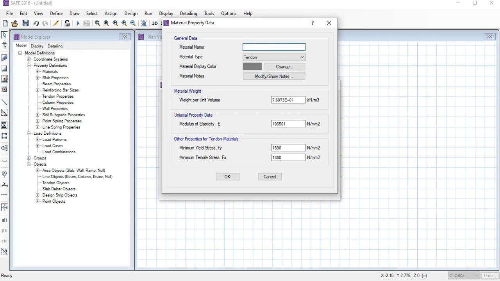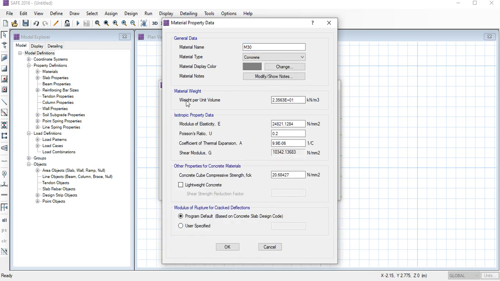I'm going to give the name M30, and this is a concrete, so we have to select Concrete here, and there are a lot of options showing. If you know the properties of M30 concrete, you can put them here.